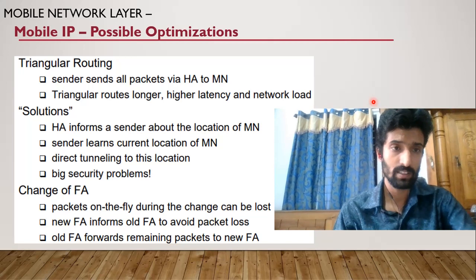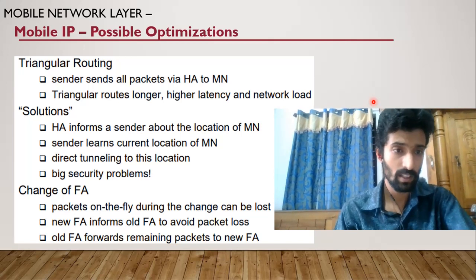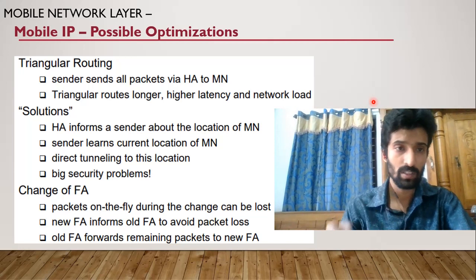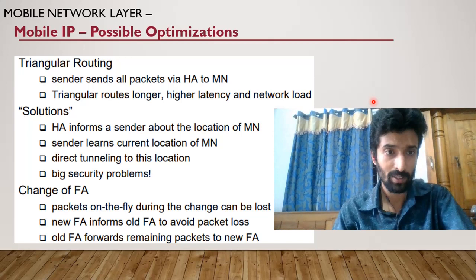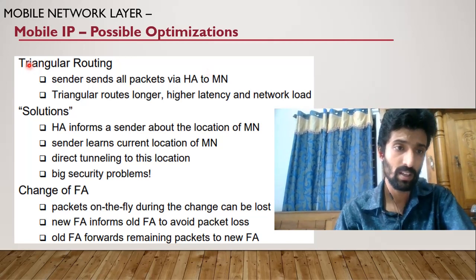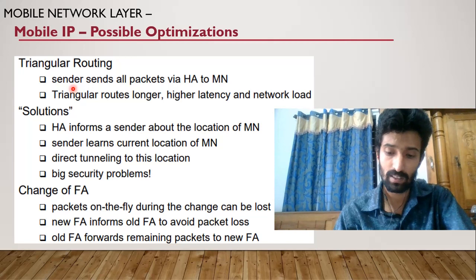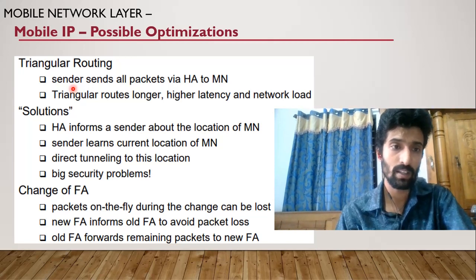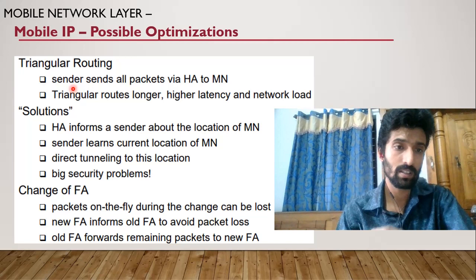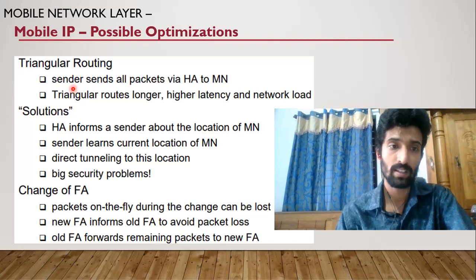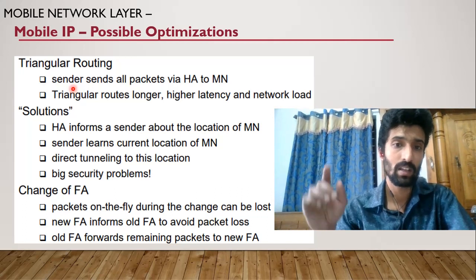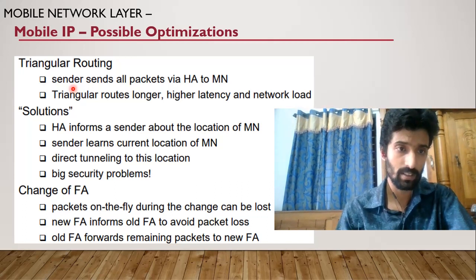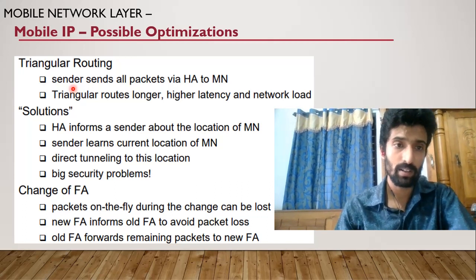Now we will move to the last topic of this session. I think you have understood the basic concept of mobile IP very well now. So now let us see some of the drawbacks. The first one is triangular routing. Triangular routing implies that mobile IP uses a path like a triangle. Every packet moving from any correspondent node to the mobile node has to first go to the home agent, then the home agent will forward it to the MN through the foreign agent, and the response from the mobile node will come back directly to the sender. So obviously this will take a longer time.